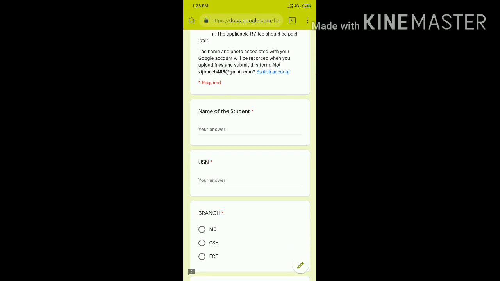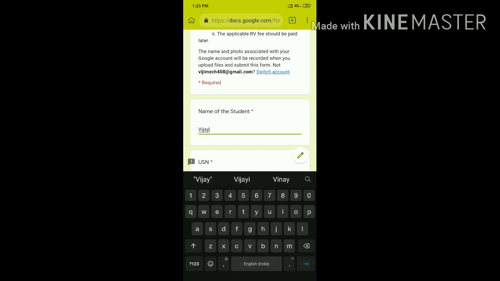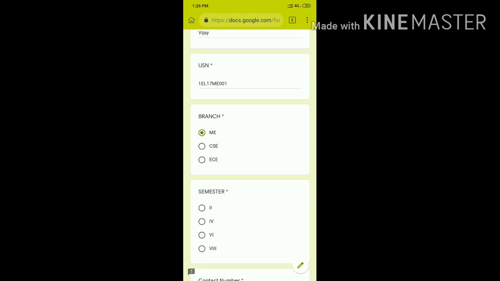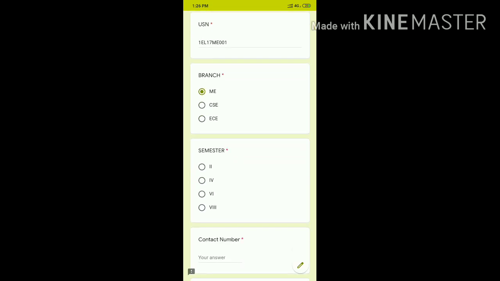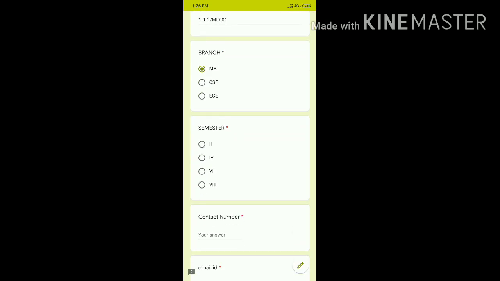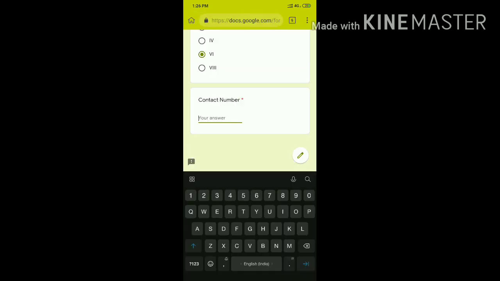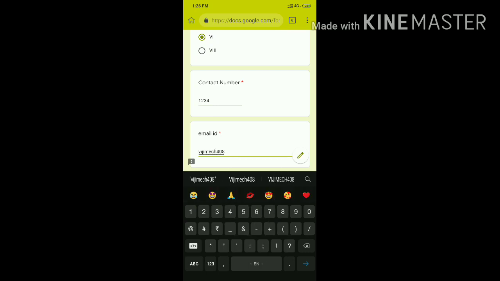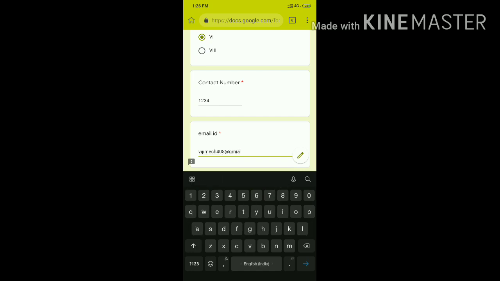Suppose the name of the student I will mention as Vijay, then 1RL17ME001. For branch, click ME. For current semester, mine is 6th semester. Then contact number and mail ID. Everything is mandatory; a star means all the details are mandatory. Enter gmail.com in small letters.